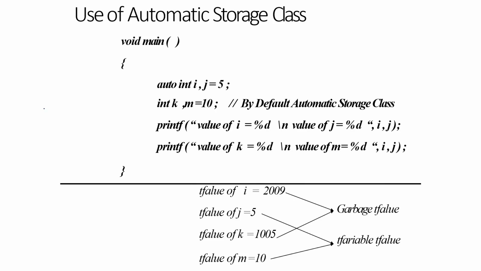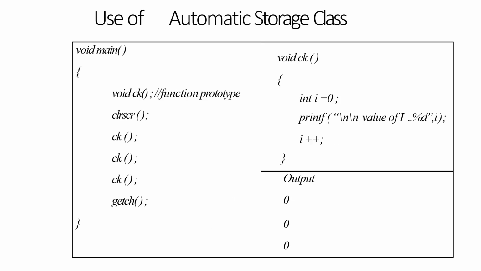Over here that is given for our automatic storage class. So now we will go for the next storage class. I'm sorry, this is another example of the automatic storage class using a function. You see, this is what we have generally seen in case of